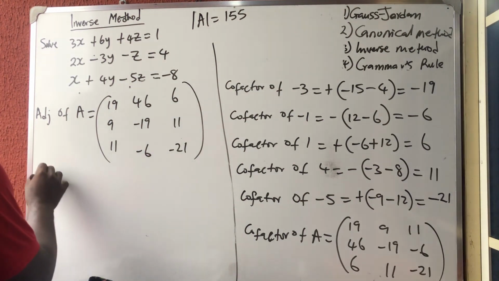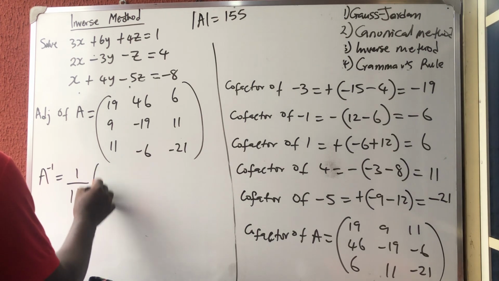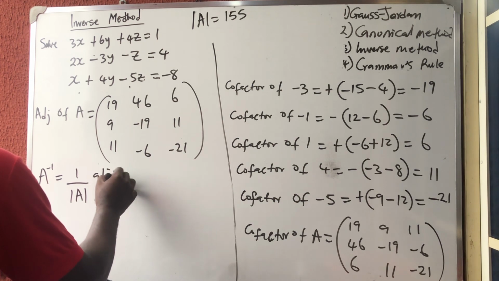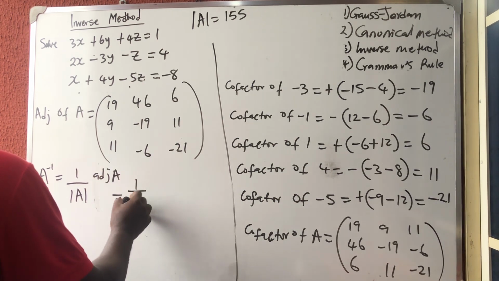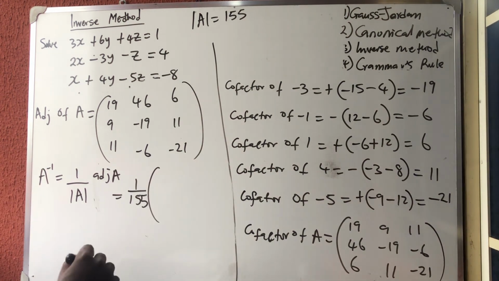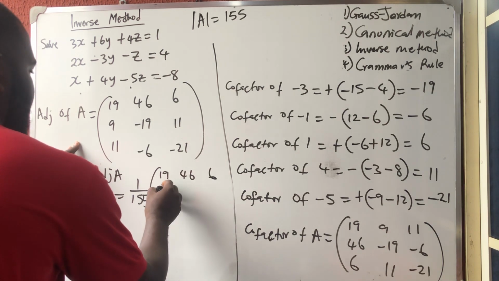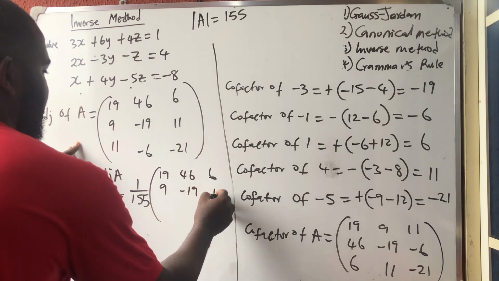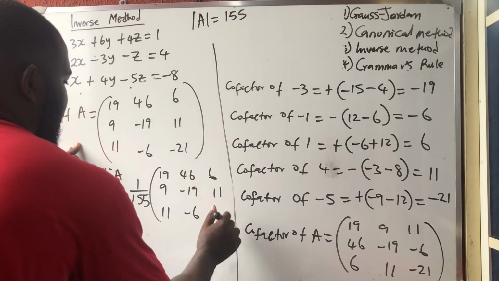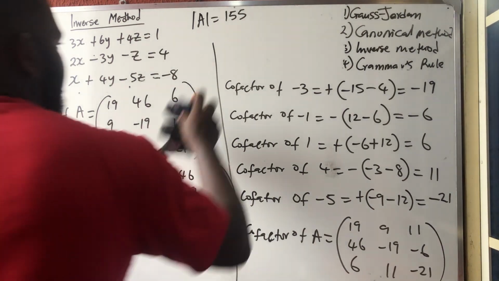Then inverse of A. A inverse is simply 1 over the determinant of A times the adjoint of A. So which is what? 1 over 155 in bracket of 19 46 6 9 minus 19 11 11 minus 6 minus 21. Okay, so if you multiply it out, you will be having